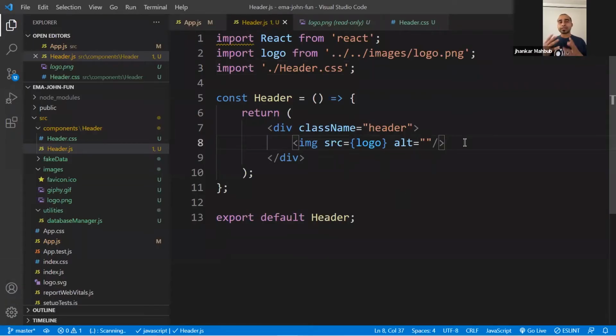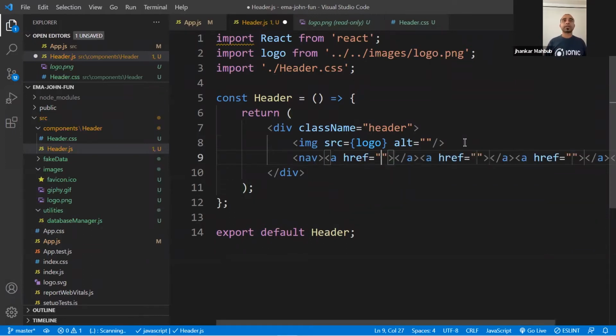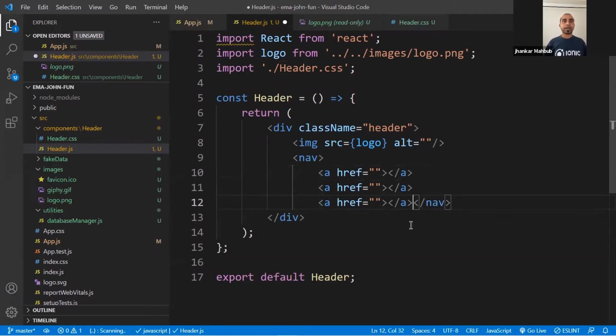If we want to create some sort of navigation in the website, we can do a nav tag, and inside the nav, we can create multiple anchors. An anchor is like if you go from one place to another. And if I tab it, it will create multiple anchors. And if you want to see it in a very nice way, you can definitely do it this way. And these are three different anchors.